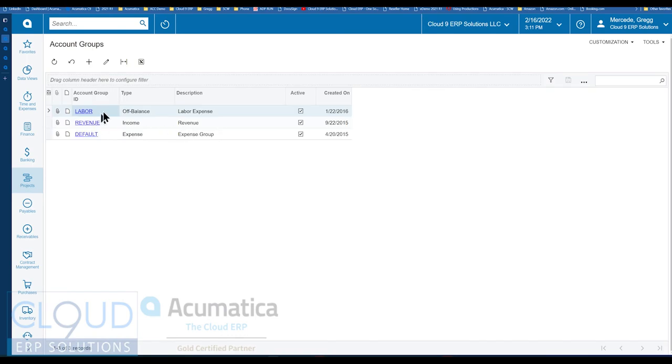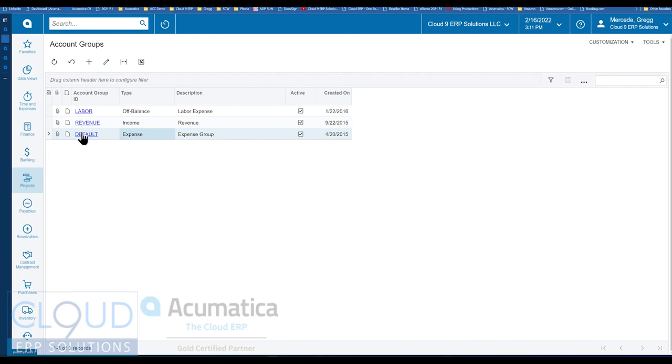You can see here we have different account groups. So all of our labor shows up here, and that's automatic. When we create and pick the activity, it'll fall into here. But it picked default. So what is default? Well, this is an expense item. It's not an off balance, meaning it tracks the GL accounts that we hit from accounts payable, and it'll automatically